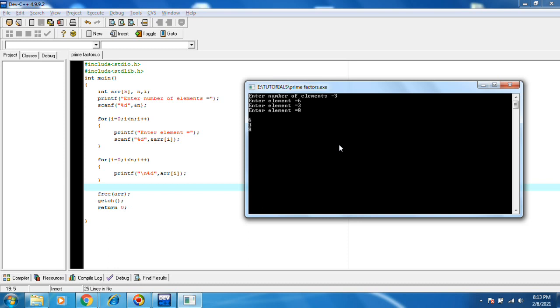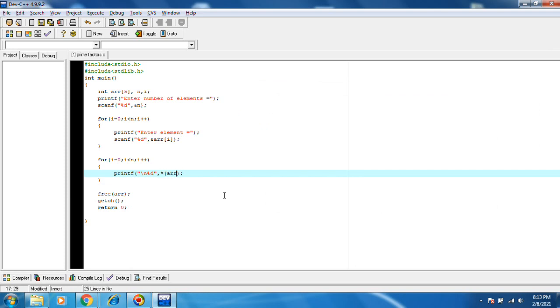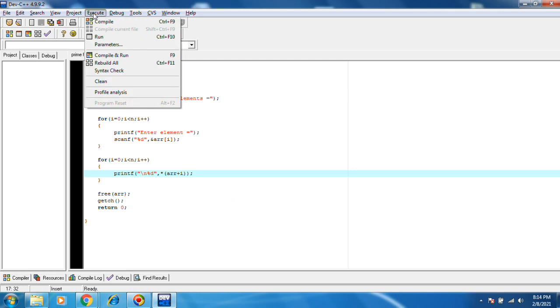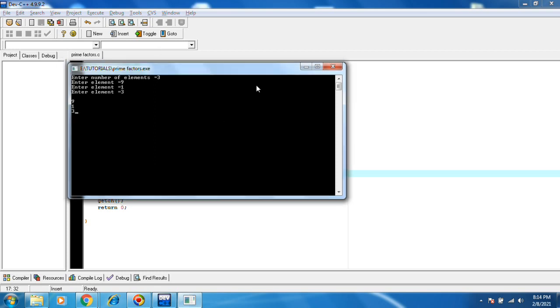Either use this one or you can use pointer notation, star of arr plus i. This will also work. Yeah, this is pointer notation.